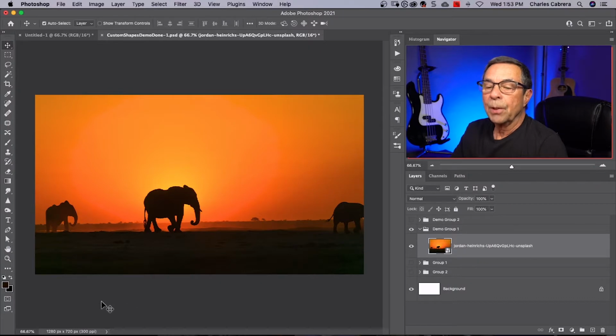Today you're going to start working with shapes in Photoshop. You'll learn how to use the custom shapes that come with Photoshop and be able to draw your own with the shape tool. So to get to our shape tool, over here on the menu bar, there are these three